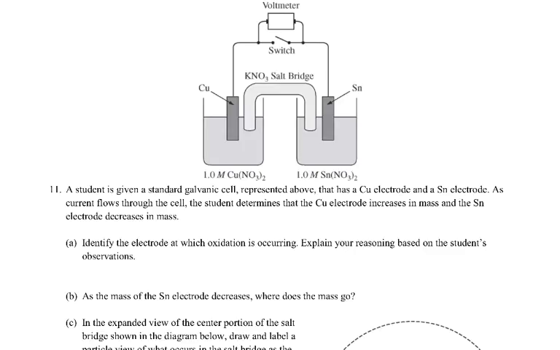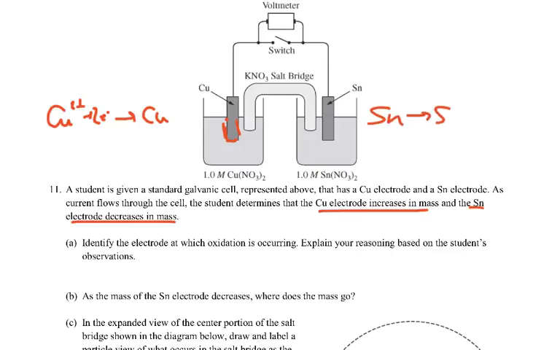The clue comes from where it says the student determines that the copper electrode increases in mass and the tin electrode decreases in mass. That's the clue. If copper is increasing in mass, that means copper ions are picking up electrons and becoming copper metal, so this electrode is getting bigger and bigger. And the tin, if it's decreasing in mass, means tin metal must be turning into tin ions and losing electrons. So this electrode is going to get smaller and smaller because we're going to get ions going